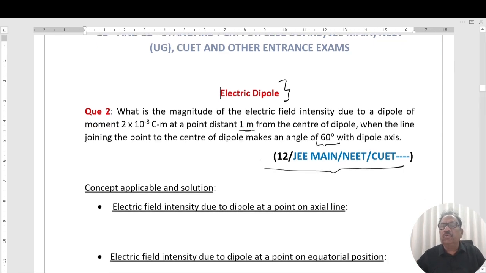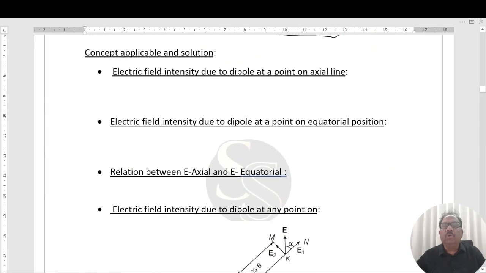Before the solution of this question, I will discuss certain applicable concepts. First of all, electric field intensity due to a dipole at any point. I am going to discuss, suppose this point is A, this point is B, minus Q, plus Q. What is the axial line? Axial line joining these two. Suppose we find the electric field intensity at this point, E axial